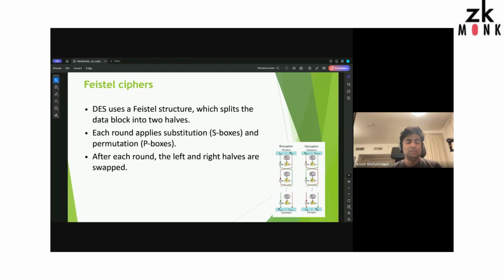Right. I'm not going to go into a lot of detail. More or less, you have two halves, and you do the operation on either half. There's this thing called an S-box, which is like a lookup table. And every time you finish a round, you swap the left for the right and the right for the left. That's what it does. Next one, please.